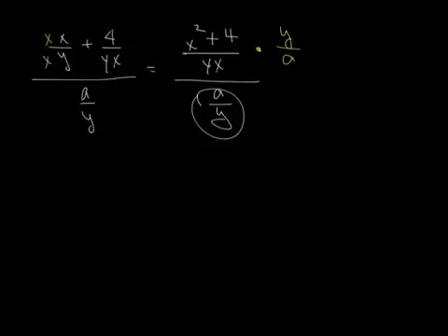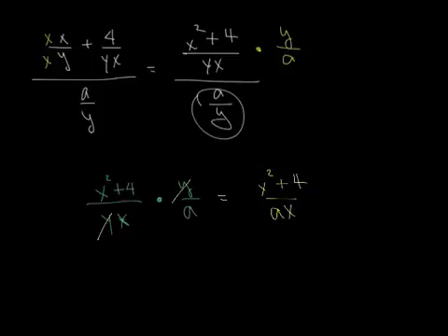So I'm going to rewrite this, x squared plus 4 over y times y over ax. Now the nice thing about that multiplication sign is I can cancel across it. If that were a plus or a minus I couldn't. But since it's a multiplication I can cancel those y's there, and I'm left with x squared plus 4 all over